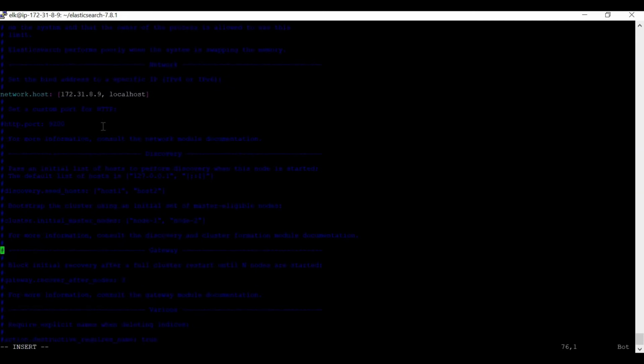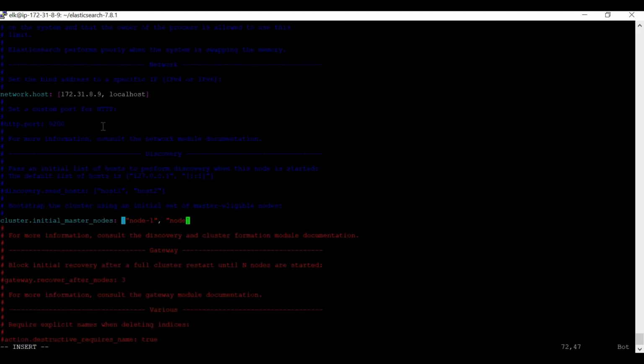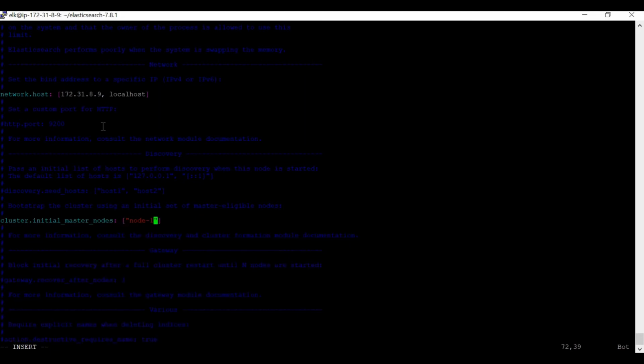One important configuration required once you set up your brand new ES cluster is cluster.initial_master_nodes. This is the most important setting. If you don't place it, one node will be up, but if you want to connect more and more nodes, they won't come up.